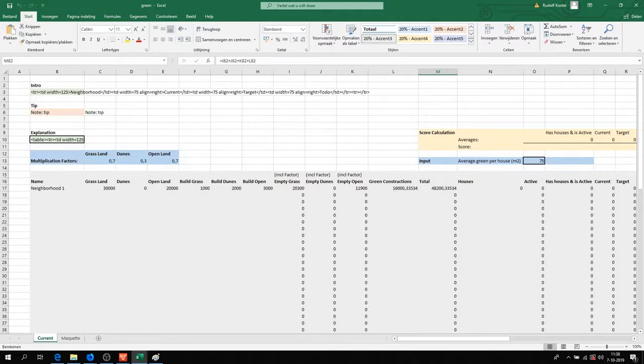And in the bluish fields from B12 and 13 to E12 and 13, you can see what kind of values are being used to extract the information regarding the green that is being counted in the green indicator. So if you open this Excel for an example and you see the grayish part, if I would be able to click on the